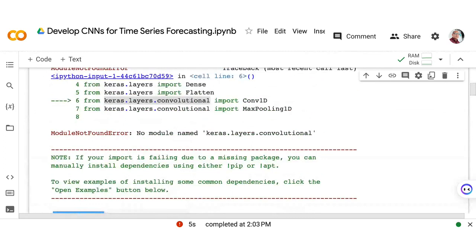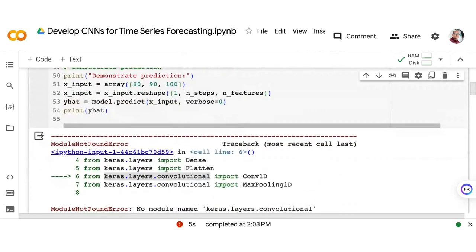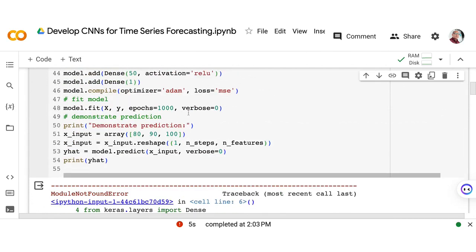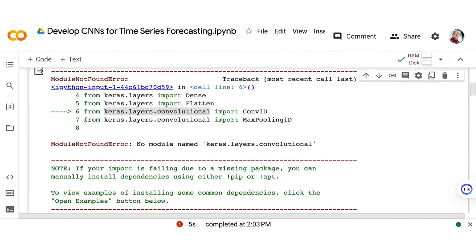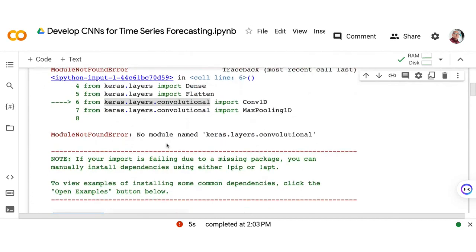But basically, how do we troubleshoot this one? If we are encountering something like this, it says here no module named keras.layers.convolutional. So maybe we can search this. We can search this and we can find answers from different sources like Stack Overflow.